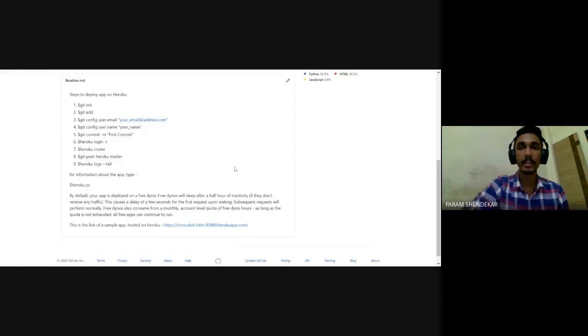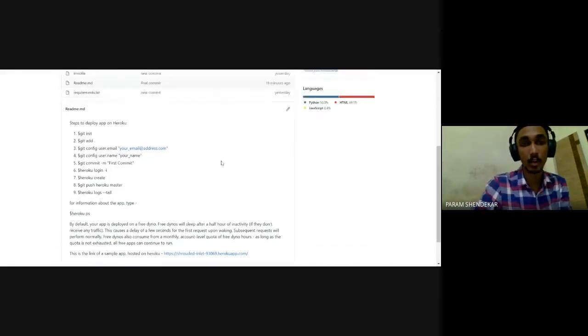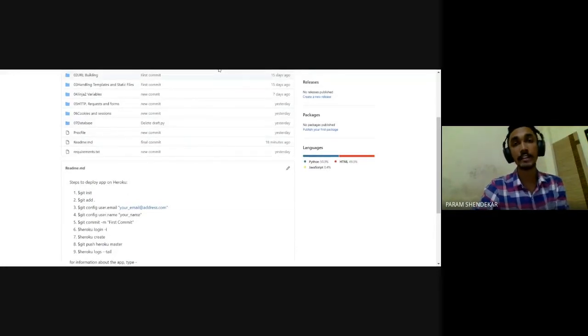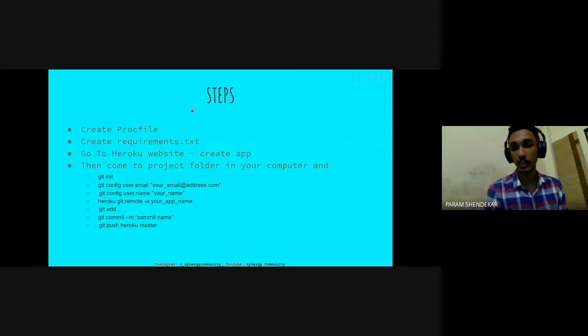And after we make this repository public, you can come over here and just have a look. We'll also be sharing resources with detailed explanations on how to go about hosting on Heroku. So I assume that you will be hosting your website